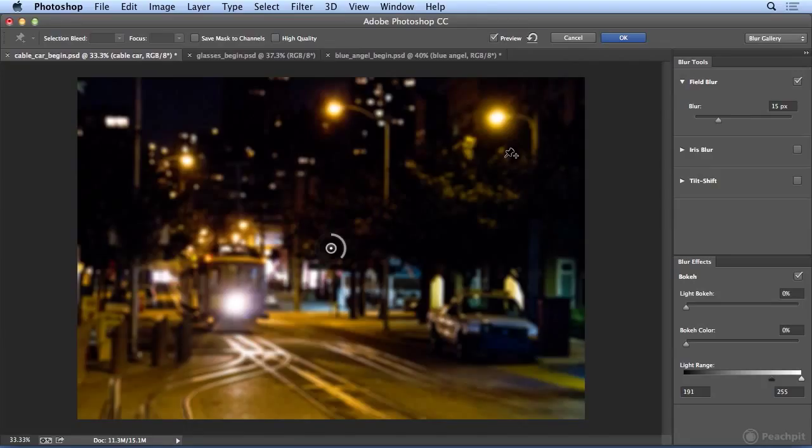Now, Field Blur allows you to set multiple blur points. So let's start by doing a blur up to the right where these lights are. But I want to keep the street and maybe the cable car in focus. So if I add a second blur point, all of the blur tools let you do that,